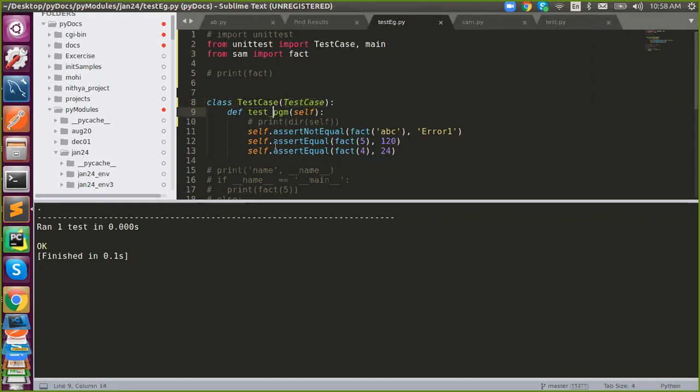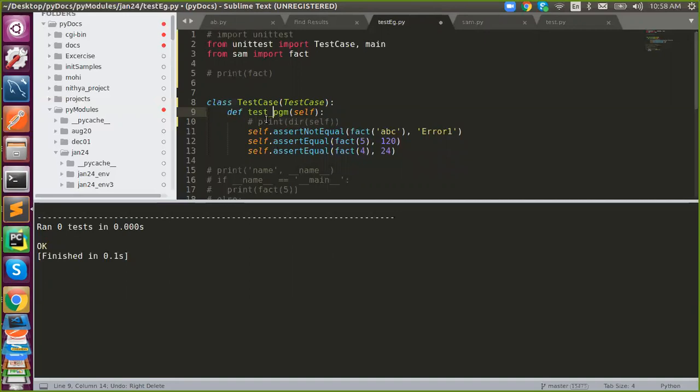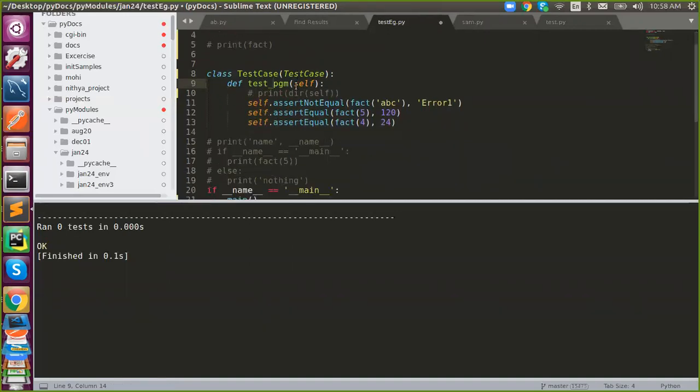And then create a method that starts with test again. It can be a prefix, or you can add it at the end. So this will actually gather your test case methods together. That's why we are saying test underscore. Otherwise it will not execute the way you expect, but the test module will capture all of your test cases with the help of this name. Otherwise what happens, it won't execute.